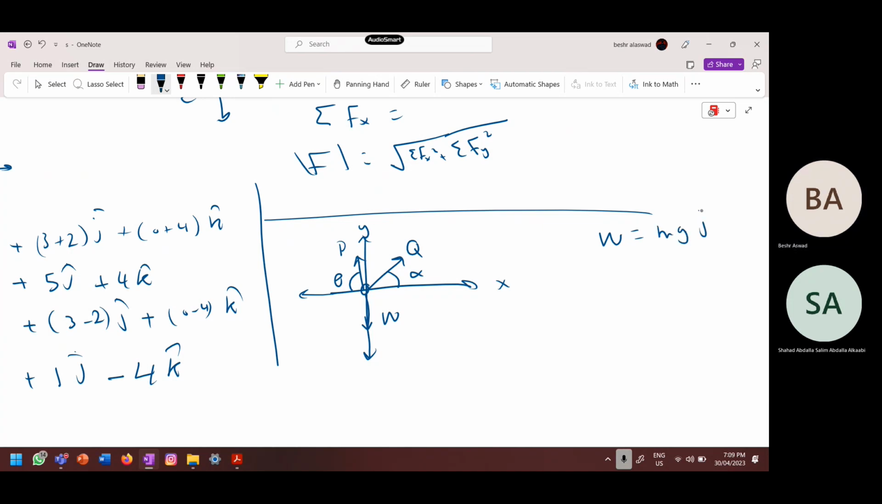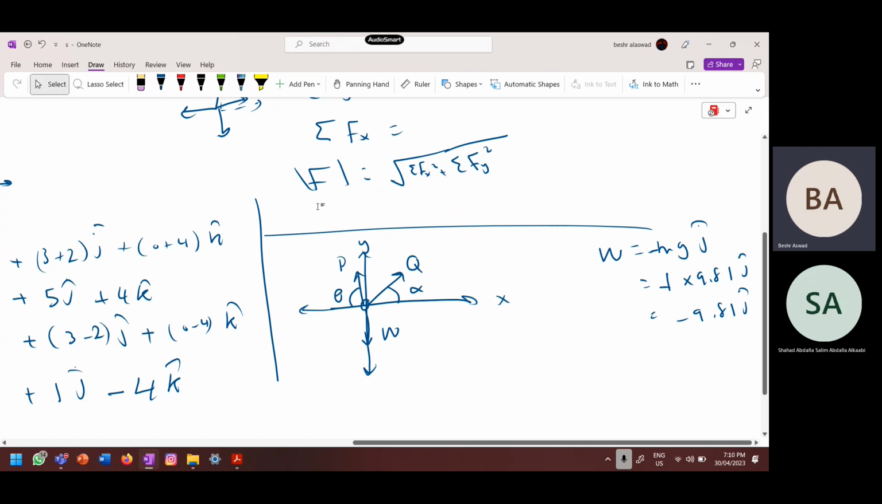Okay. Let's indicate that W is equal to mgj in the negative direction. Okay. Let's say that m is equal to 1 and g is 9.81, as we all know. This will give you the following: 9.81 j hat. Okay, to find the total force acting on this object,